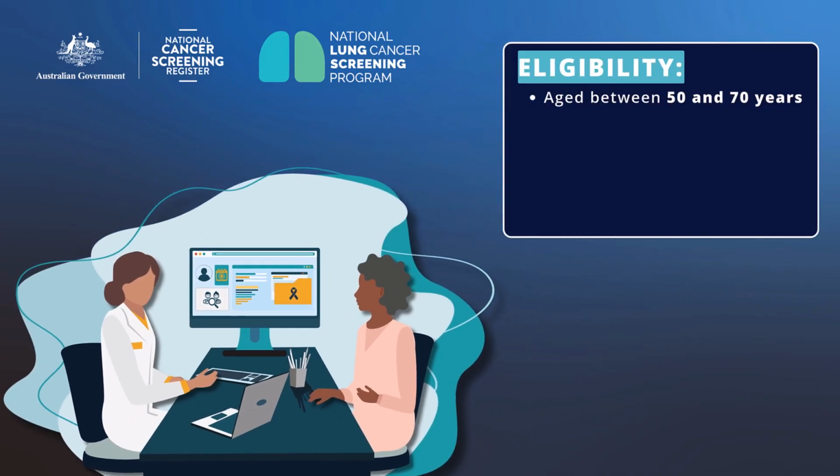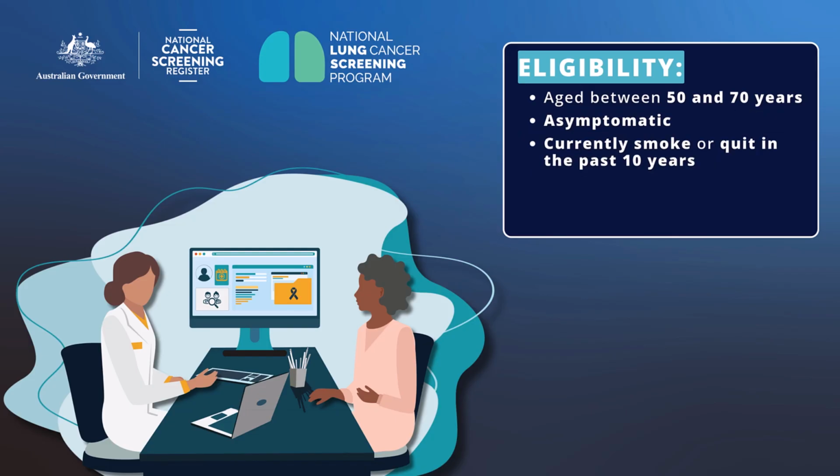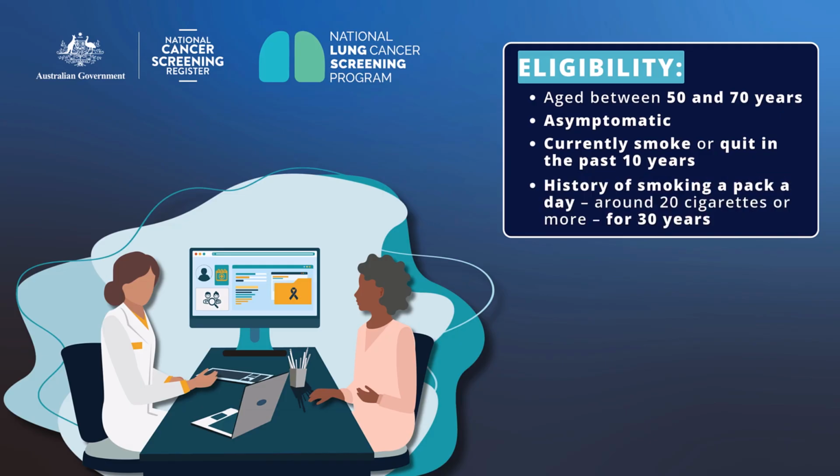To be eligible, your patient must be aged between 50 and 70 years, show no signs or symptoms of lung cancer, currently smoke tobacco cigarettes or have quit within the past 10 years, and have a history of smoking the equivalent of a pack a day, around 20 cigarettes or more, for 30 years. Requesting practitioners are advised to use clinical judgment and best estimates when assessing a patient's smoking history and determining their